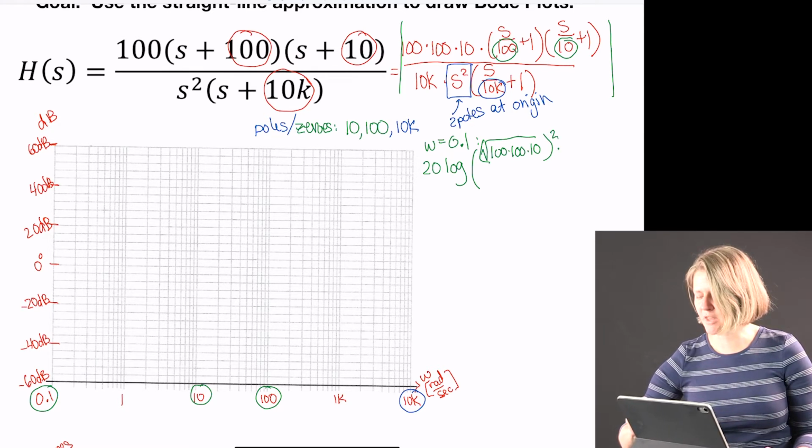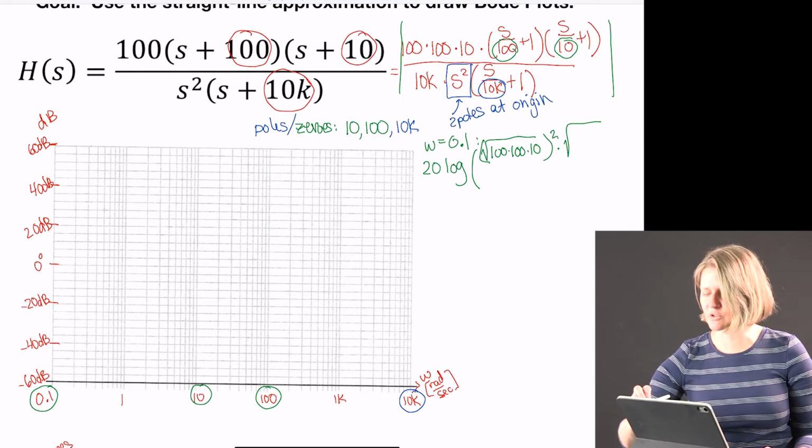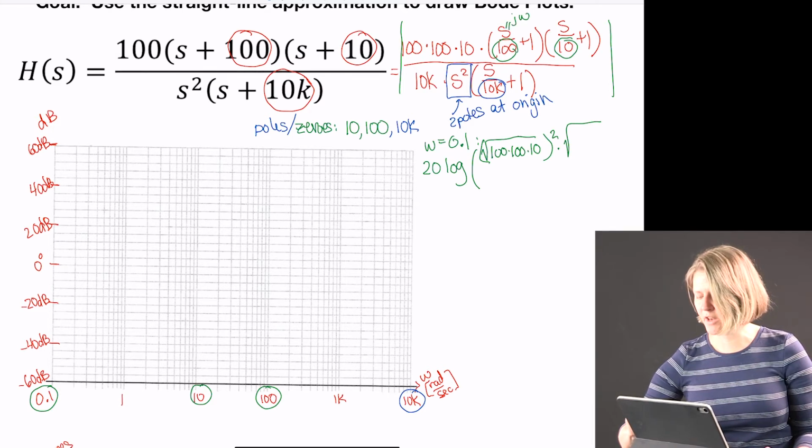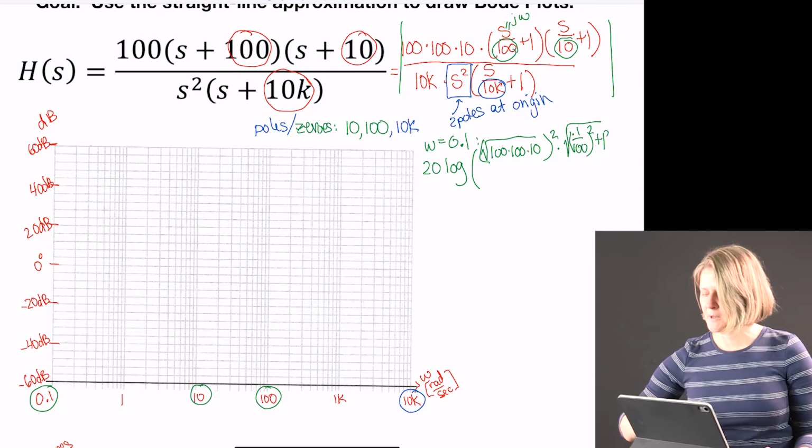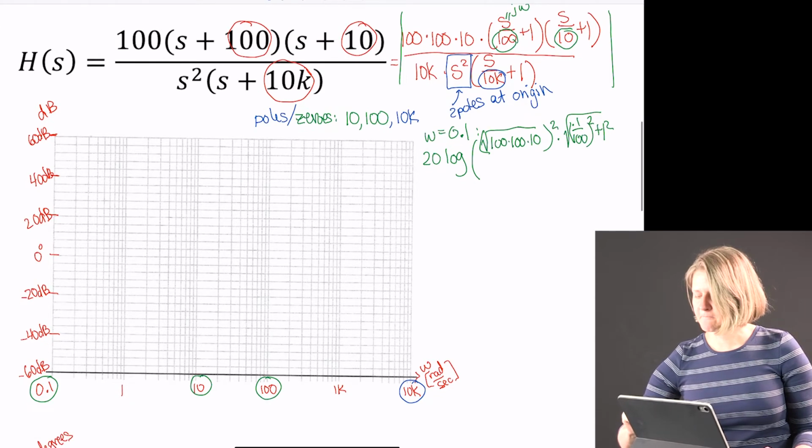Then you're going to multiply that by the square root and substitute in j omega, with omega being 0.1. So we'll square that, plus 1 squared, and so on. So we're going to have 0.1 over 10 squared plus 1 squared,